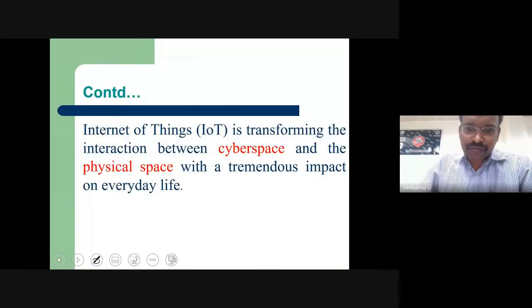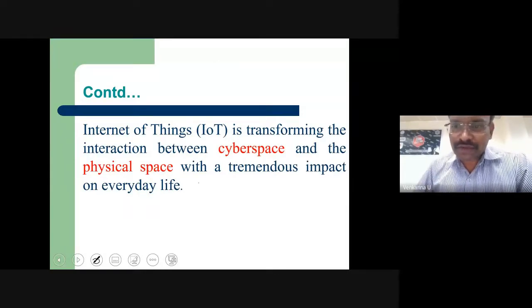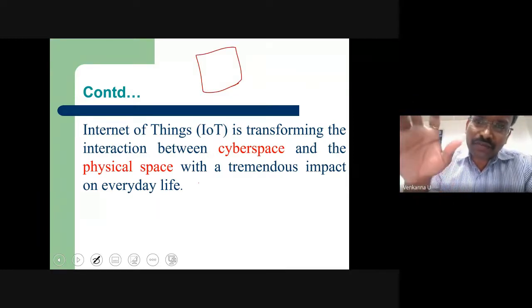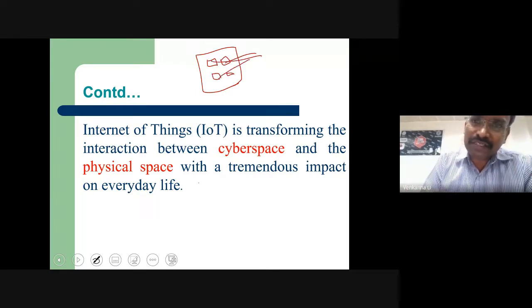Okay. Now, what is the role of IoT? I hope you already know. It is a buzzword. That is why AICTE is conducting so many workshops to disseminate the knowledge of IoT, because in the next generation, so many job opportunities are going to come in the IoT sector. Please do remember, take your home as a scenario. In your home, for example, 4 people are staying. They may have 4 computers or 2 computers, maybe 2 mobile devices, connected to the internet.